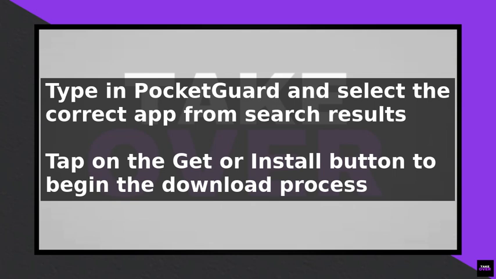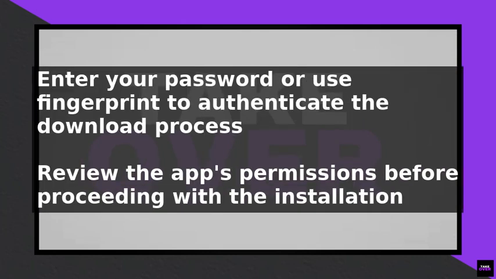You will then be guided through the setup process, which will include creating an account or logging in if you already have one. During the setup process, you will be asked to link your bank accounts and credit cards to the app. This will allow PocketGuard to track your spending and provide you with a clear picture of your financial